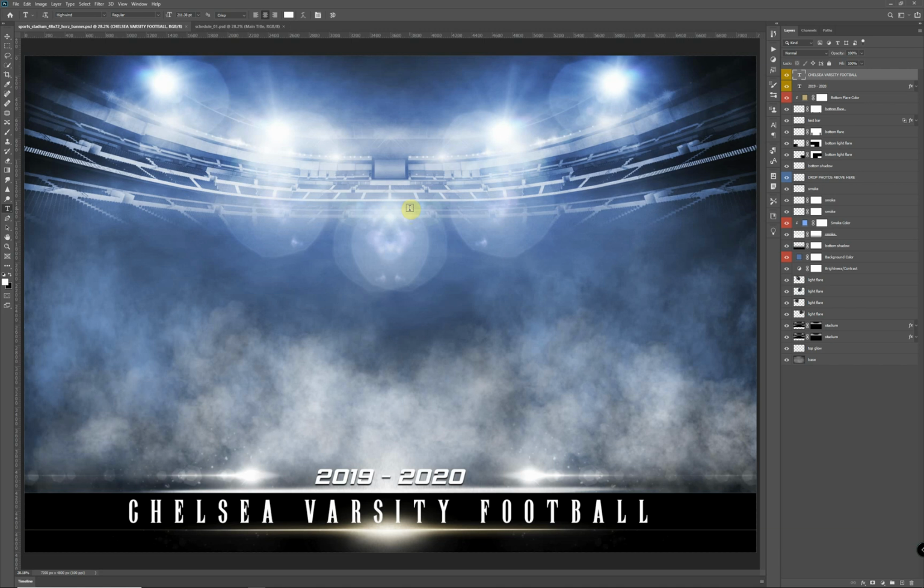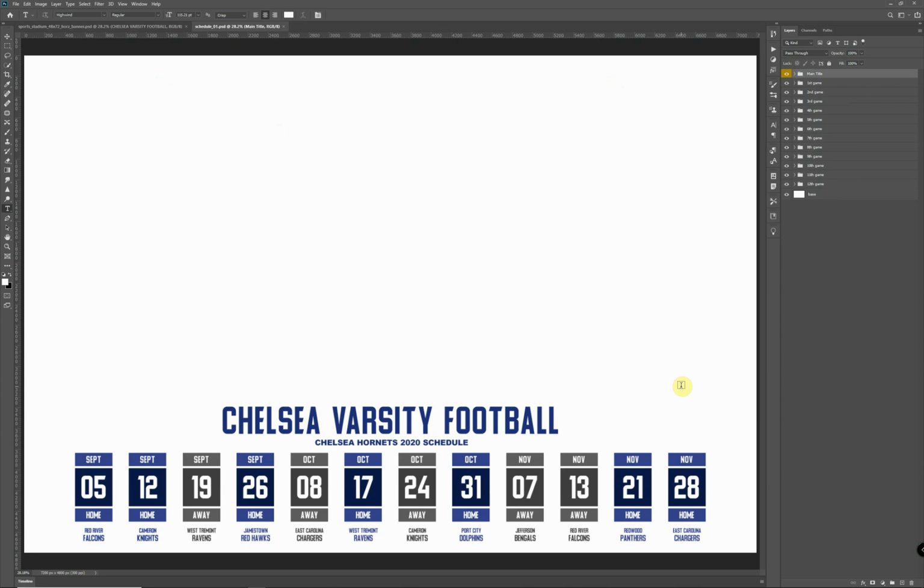So I have one of our templates opened up here to kind of give you an example of how this would work. And I have a schedule overlay here that I have set up. So if you notice, we have this schedule set up for 12 games. Like I say, if you have less than 12 games, what I'd recommend doing is just hide the games you don't want. Let's say, for example, you got 10 games, so I would hide the 12th game, 11th game,